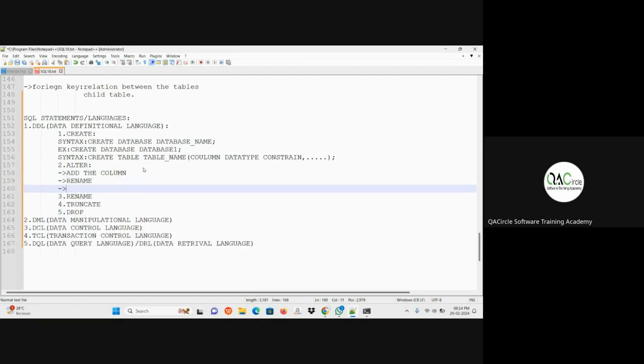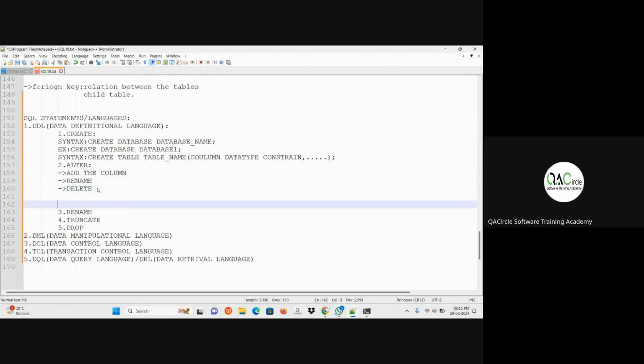And you can delete the column. These 3 activities are restricted to this alter statement. By using it, you can add a column to a table which is already created, also rename the column, and also delete the column.